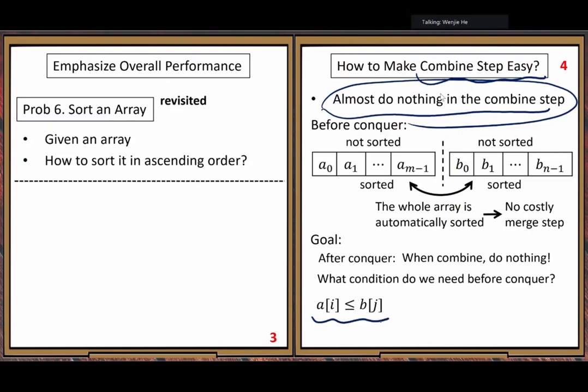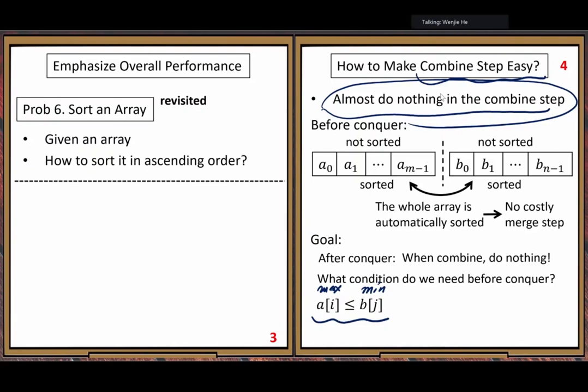In other words, you can say the maximum of the first subarray is less than or equal to the minimum of the second subarray. Because in the first subarray you can pick the maximum, and in the second one you can pick the minimum.